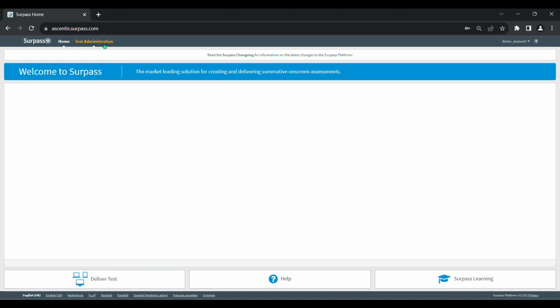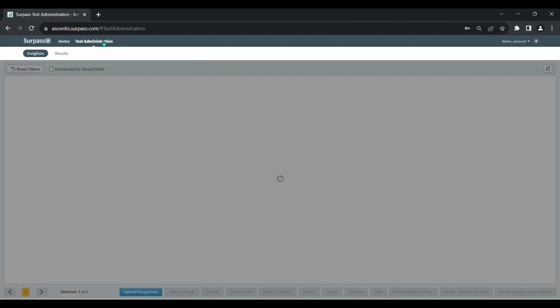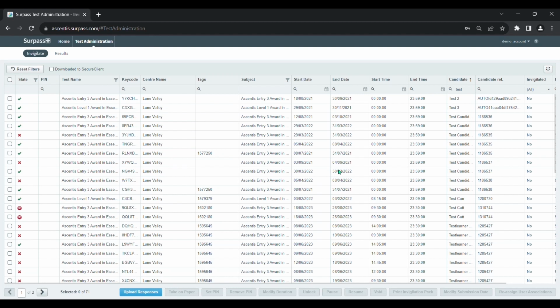We need to go into Test Administration to see our e-assessments. So from here, we can see many different types of e-assessments. Starting in the top left, we have the State column. So this labels different states in which each e-assessment is in. So just going over a few now,